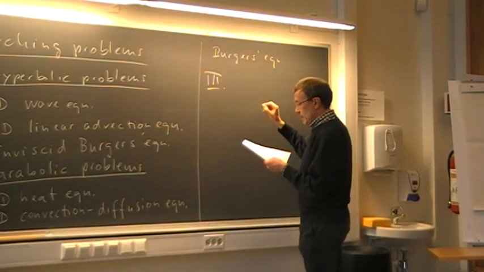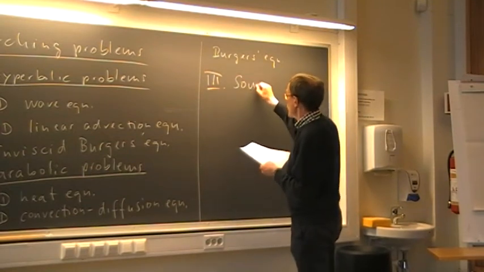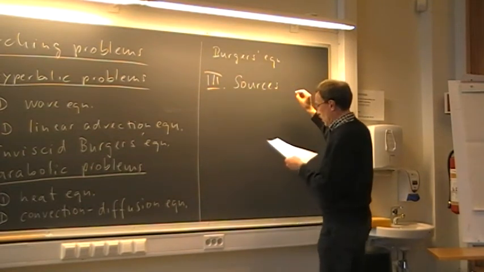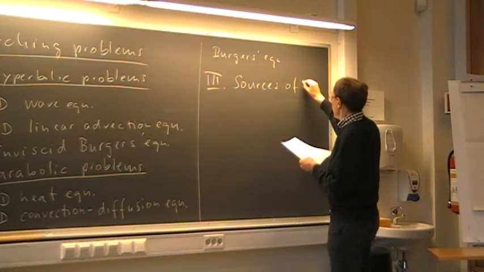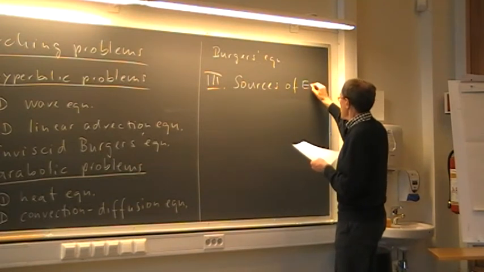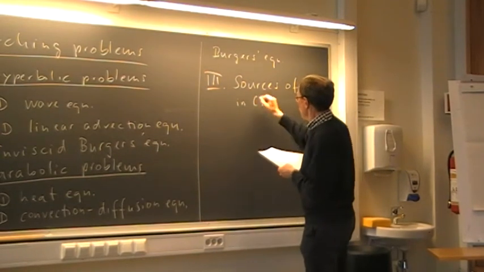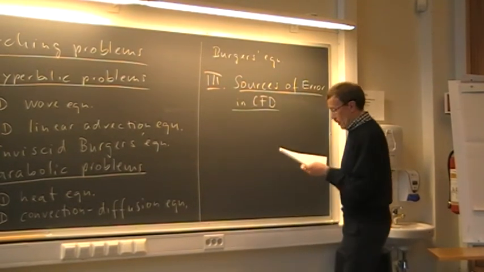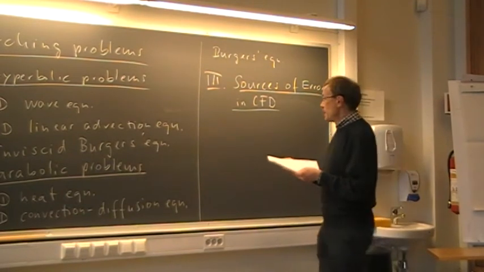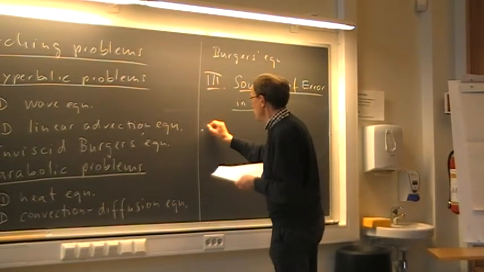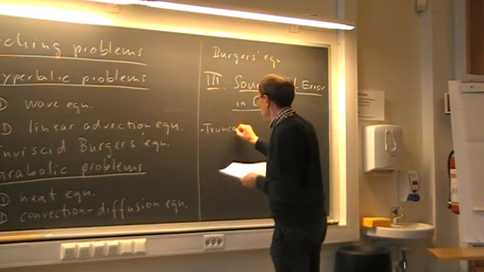Next section was on sources of error in CFD. Very important. And there we distinguished several types of errors. Truncation error,